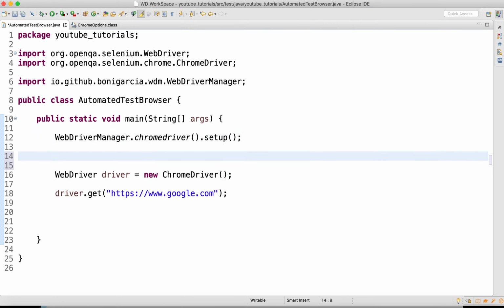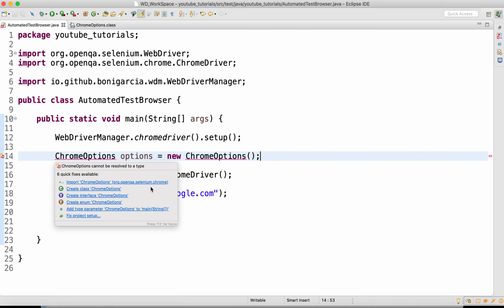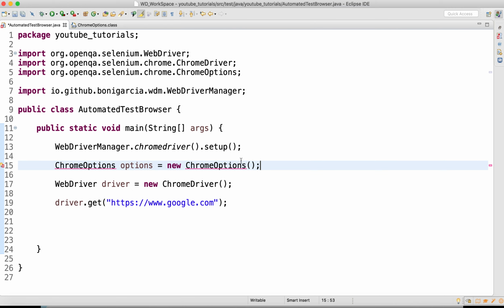We have to create Chrome options after setting up your Chrome driver. ChromeOptions options is equal to new ChromeOptions. I'm going to import this particular ChromeOptions class, that is org.openqa.selenium.chrome.